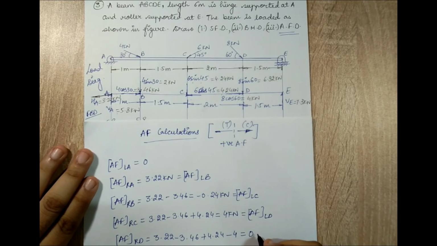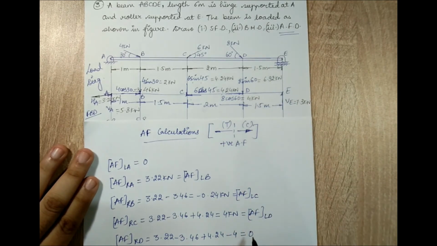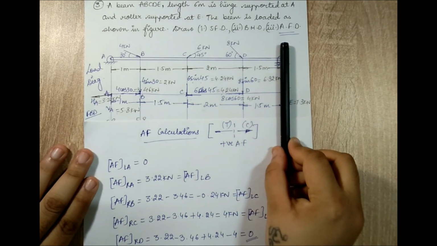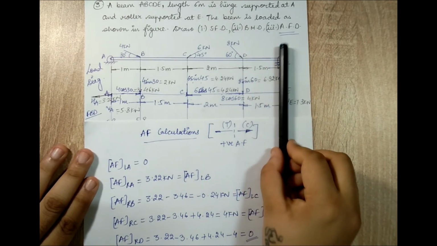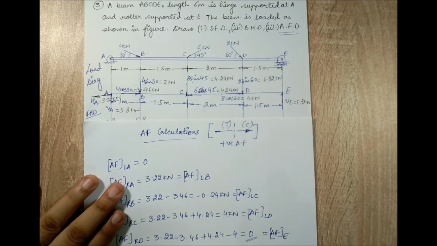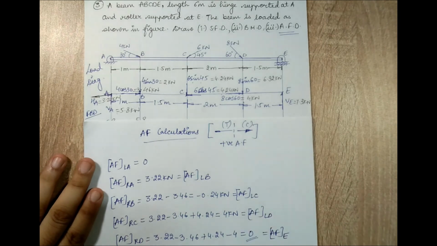Now this will be equal to the axial force at E. There is no value of axial force at E. Obviously the graph should have closed here, but it will extend up to point E because you cannot miss out on any point. So when I stand at E, again I am seeing all the values, and this is what I get as axial force at E. This is not left, not right, because even if you take left, right, you will still get it as 0, but it will not change because at that point there is no axial force to cause a change. So this is how you calculate the axial force for this beam.